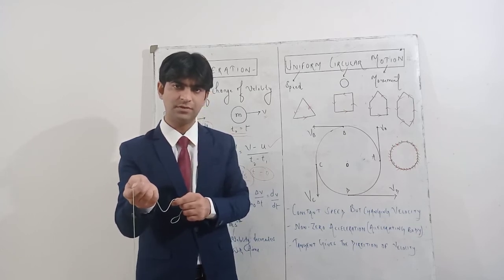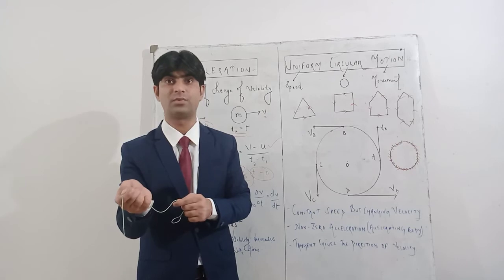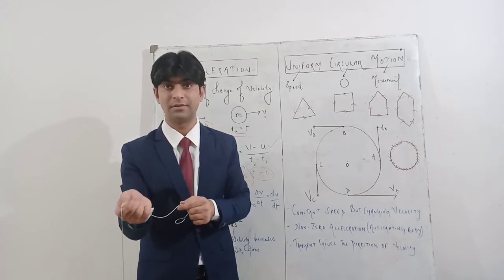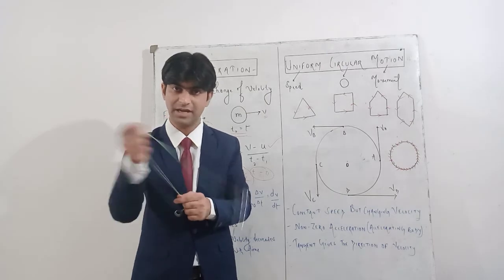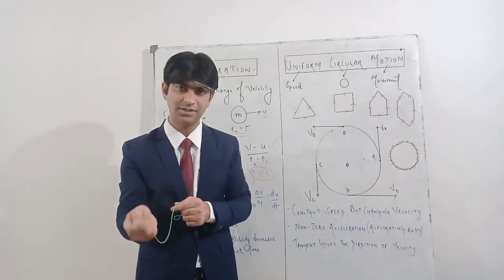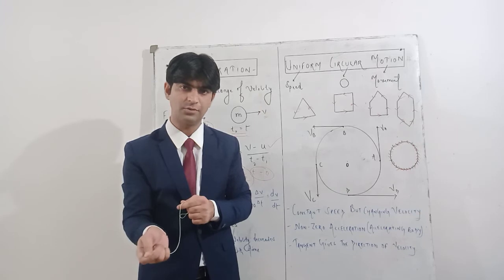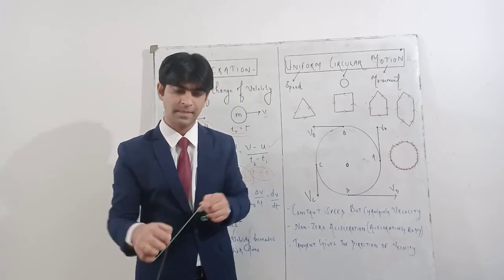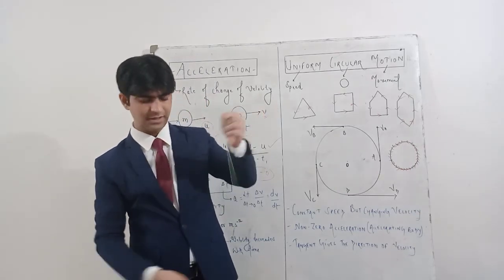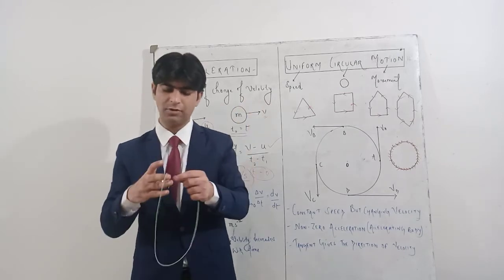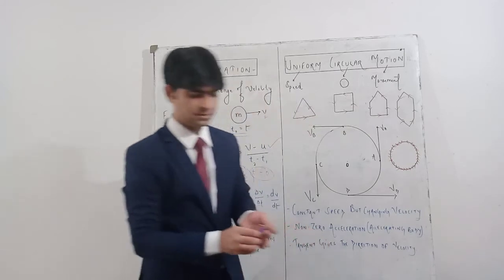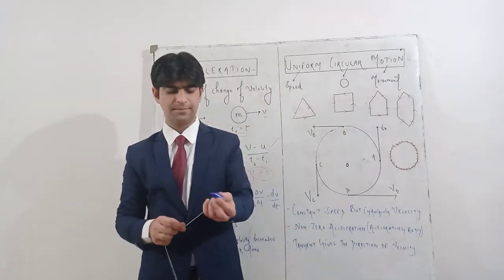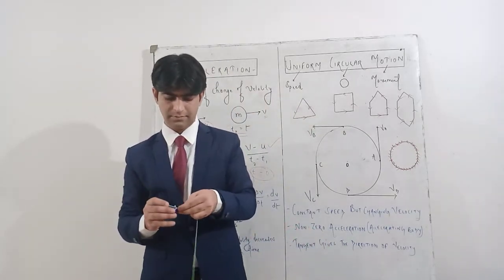Okay, that means for producing an acceleration, force is required. This is very important. For producing an acceleration or retardation, force is required, and this I have practically shown you. As soon as I stopped applying force, the bob came to rest. And if I remove this bob now, because this is a metallic bob and I cannot throw it, I will just take the example of this marker cap.